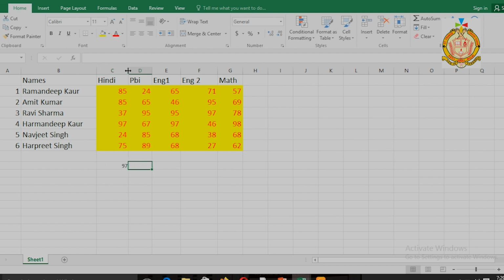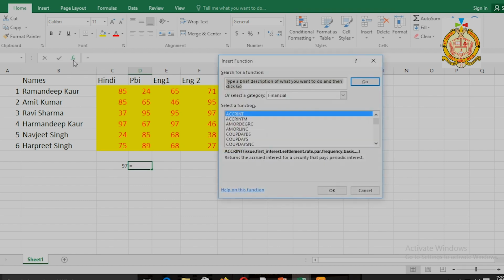Okay, next, if we want to find out the minimum value, meaning the minimum score, then same like this, min, same like max, we have to select here. I'm using another procedure.